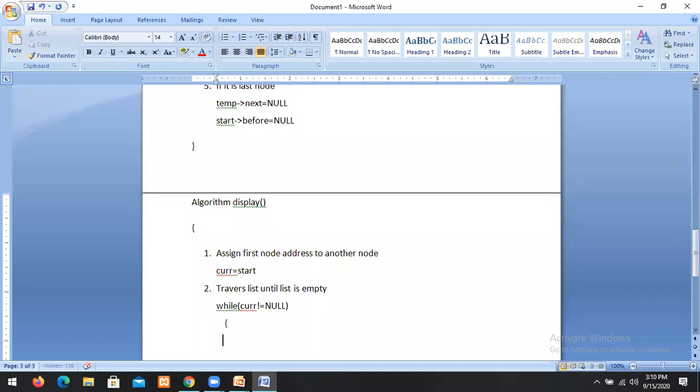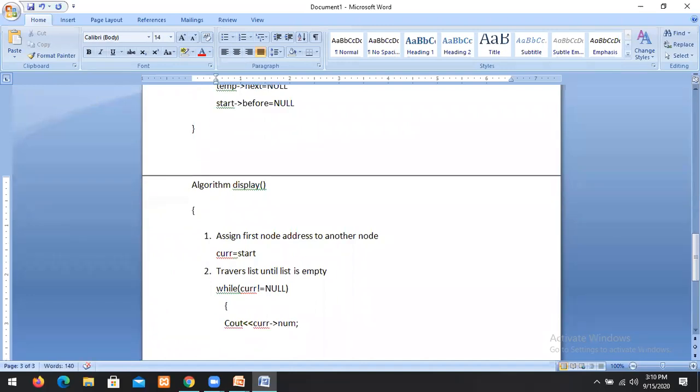How do we print? cout current arrow number. Then you move to the next node. Traverse: current equal to current arrow next. What is the purpose? Move to the next node.